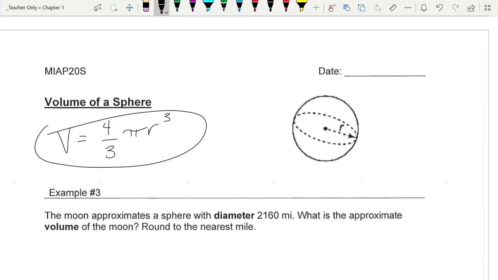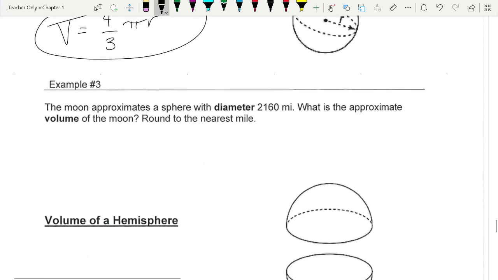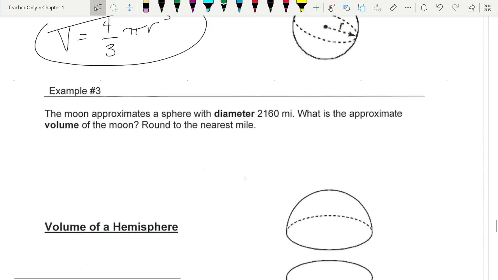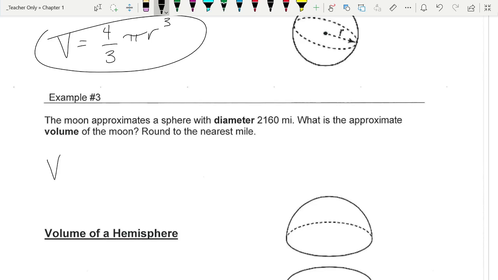So, the moon approximates a sphere with a diameter of 2,160 miles. What's the volume of the moon? And round it to the nearest mile. So volume is